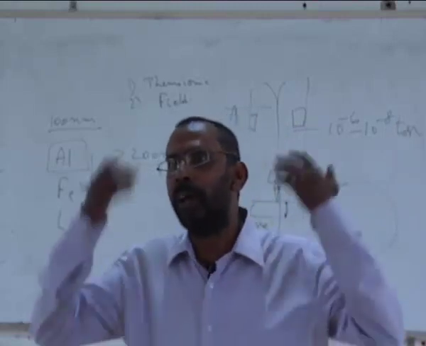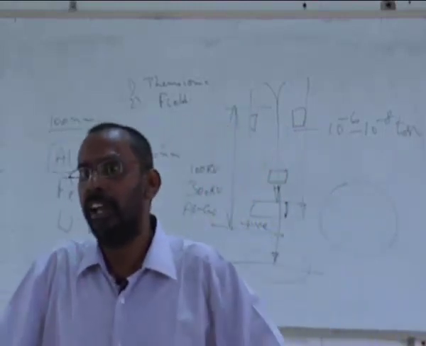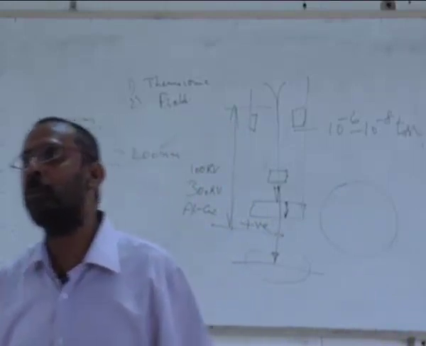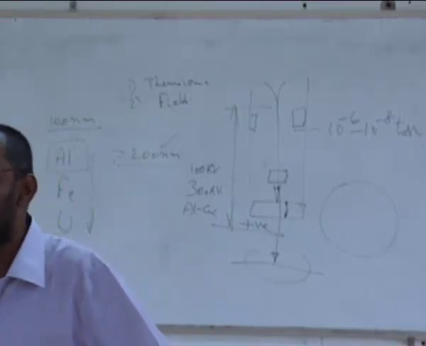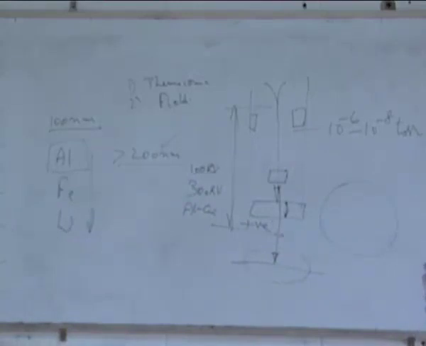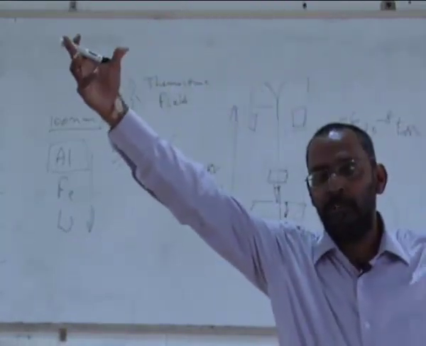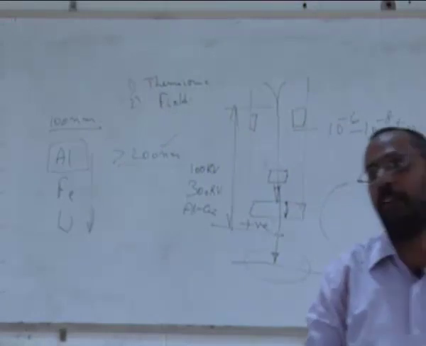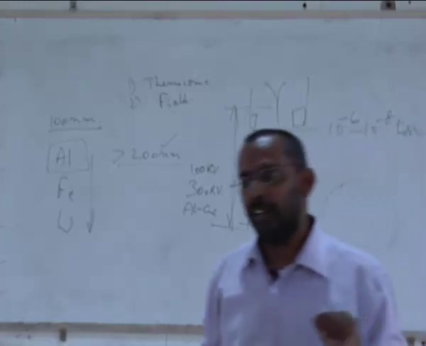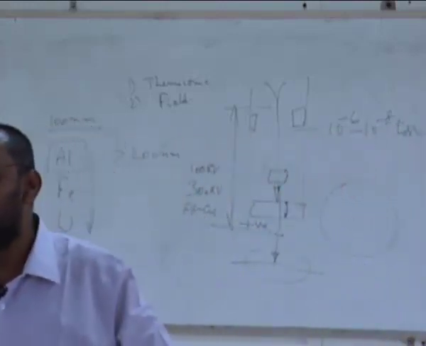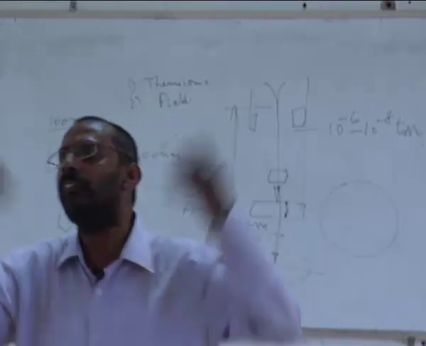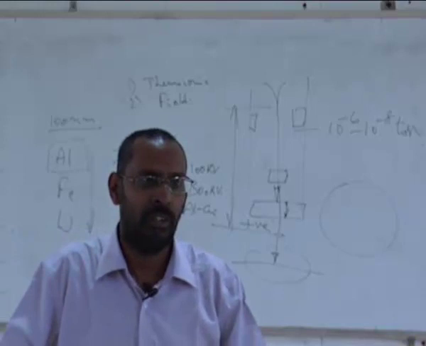For example, I can express my height in nanometers, right? Will I become a nano fellow? No. Just expressing anything in nanometers does not make it nano. You have to bring down the size to a certain size, where the properties suddenly start changing significantly. Then we start calling them nano. And the property change depends on which property you are looking at. If I am talking about mechanical properties, usually below 100 nanometers, the strength of most metals is significantly higher than normal metals. So we can use this term.